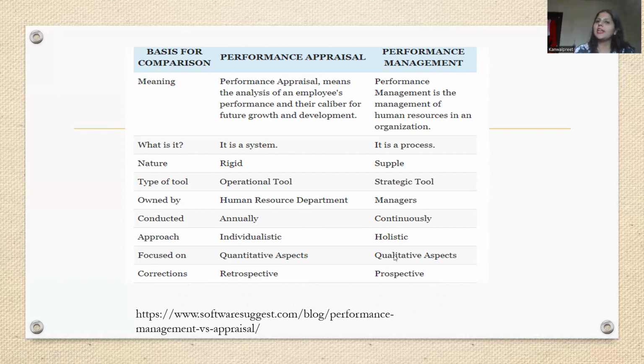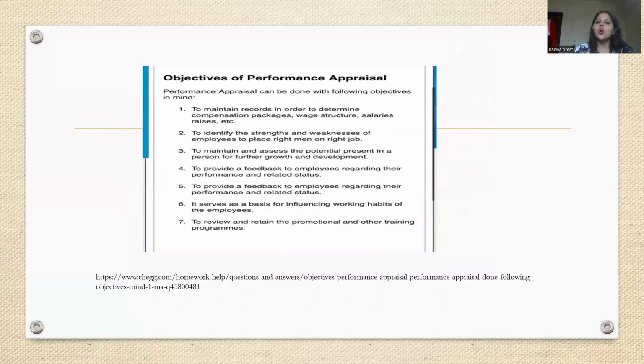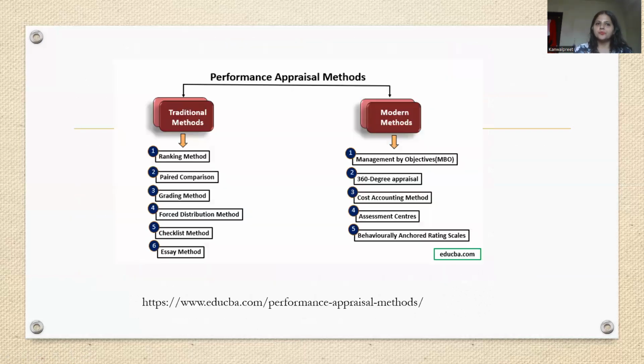Then performance management involves qualitative aspects, the opinions, how you work, whereas performance appraisal is completely quantitative. And performance management is prospective. That is why we are doing it, to ensure that your future is good, the career future. And performance appraisal is retrospective, that is, it is done from the day you join the organization. Okay, so see, now